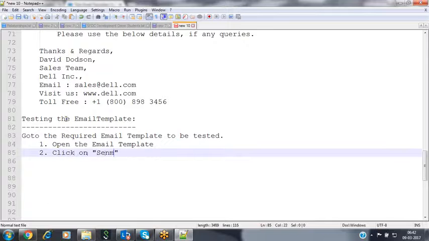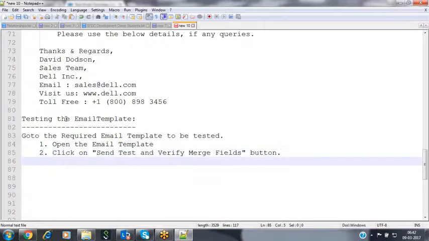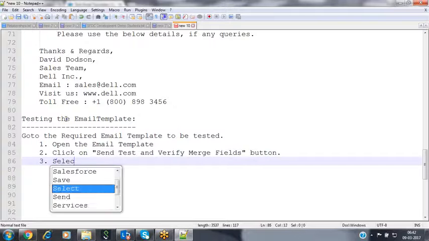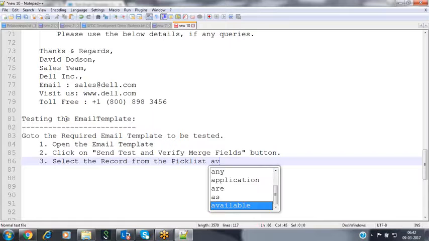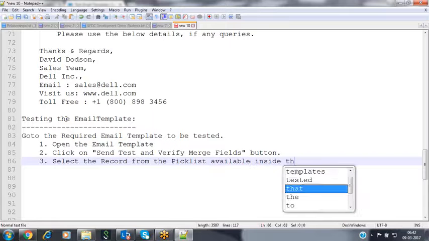Click on the send a test and verify merge fields button. Select the record from the pick list available inside the dialog box.